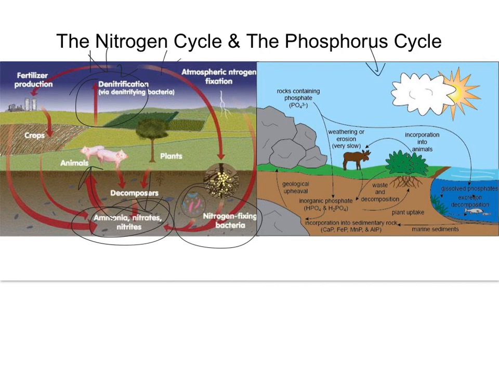So with phosphorus, we don't have atmospheric phosphorus. The phosphorus in our phosphorus cycle comes from rocks, and they contain phosphates. And if you remember that really important thing, ATP, has 3 phosphates on it. So this is a really, really important thing to recycle because, ATP. So rocks are going to weather and erode, and that phosphorus is going to go into the soil.